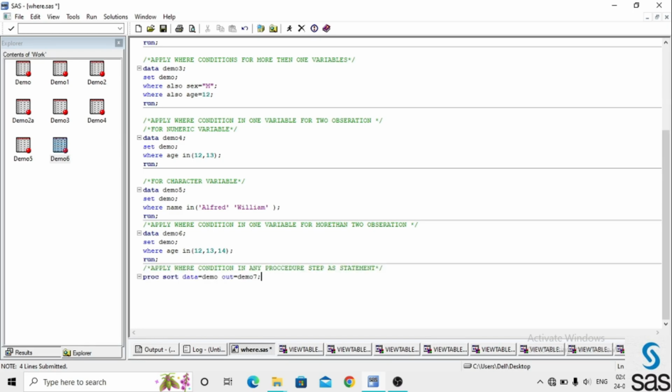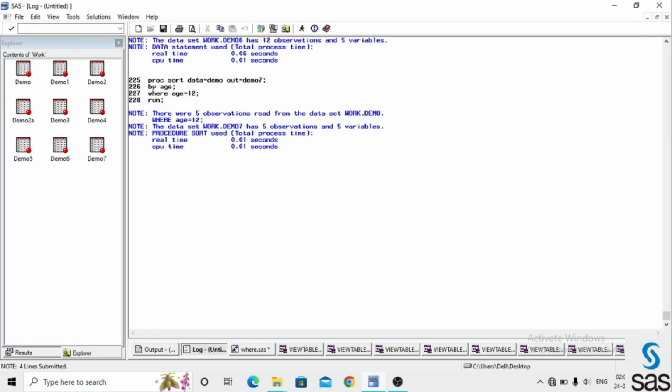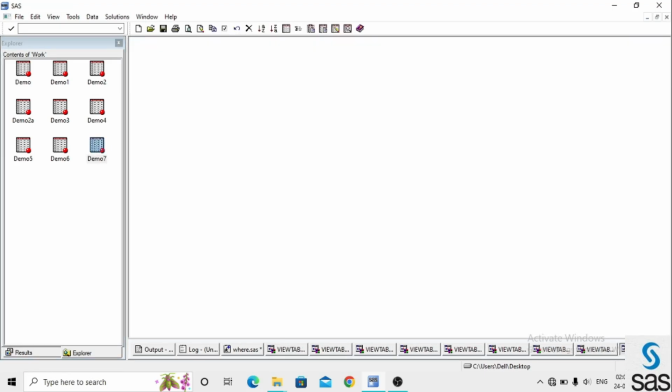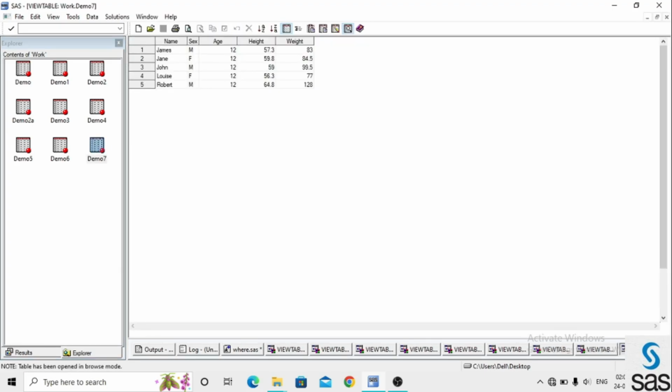Okay, first as a statement: proc sort data equals to demo, out equals to demo7, by age for sorting, and where age equals to 12. This is the where condition as a statement in a procedure step, and I am running this code. Before opening the dataset, check the log at once, and the log is clear, and I am opening demo7. Here we are getting age equals to 12 in the procedure step.